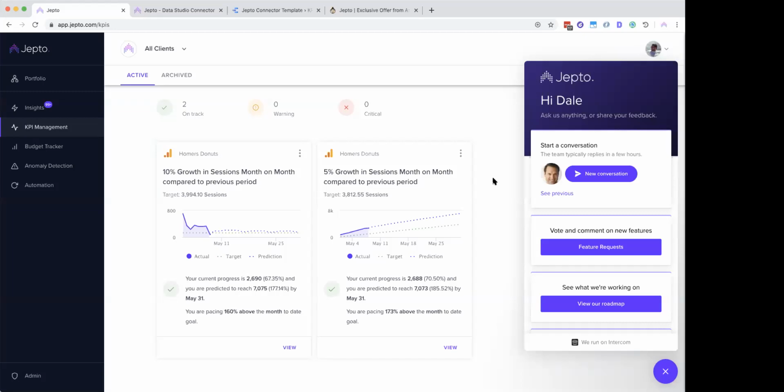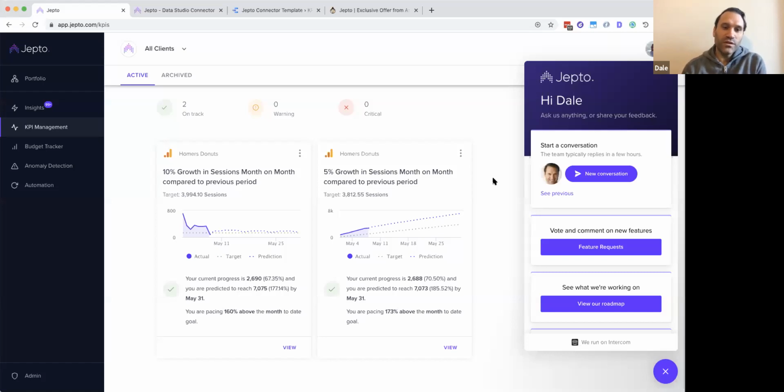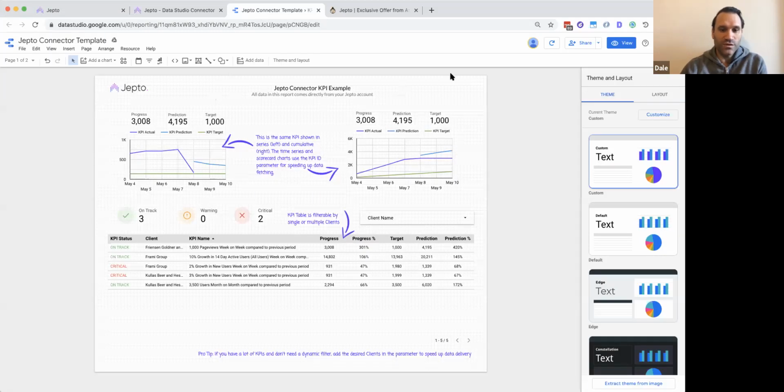This one from George says, your GMB GDS tool is not related to Jepto, right? Correct. So the free GMB Data Studio connector is not related. I've got a blog post on this, but when we were first starting to play around with the GMB API, we wanted to look at visualization and we hadn't had the full app built at that point in time. And so we just decided to give it out for free. I haven't covered the Data Studio connector. I'm not sure if anybody wants me to dive into that, but we have seen some requests around